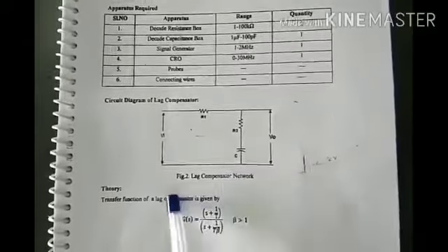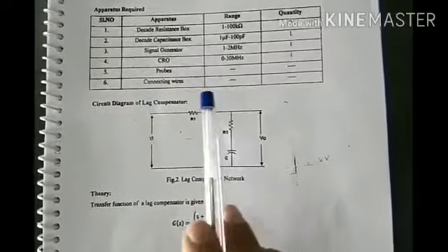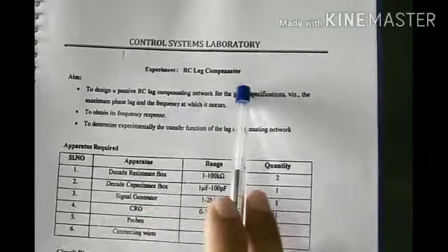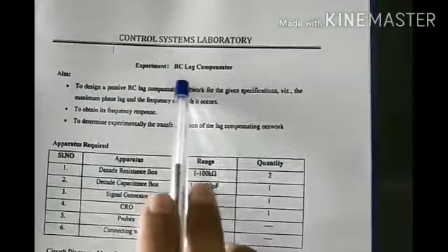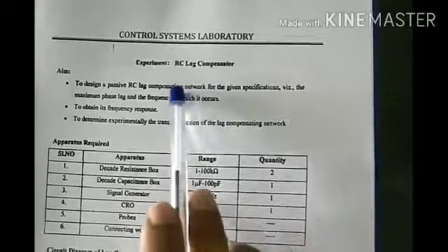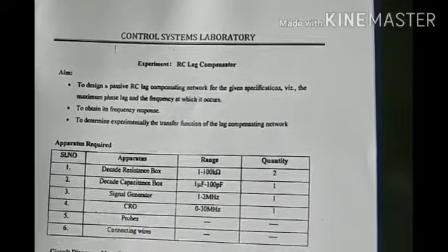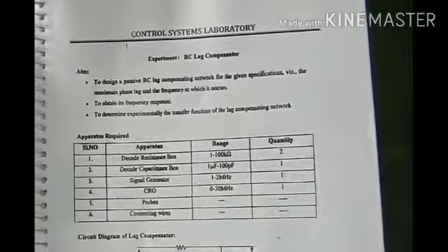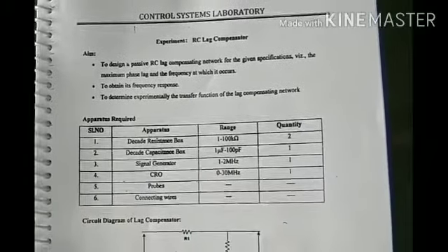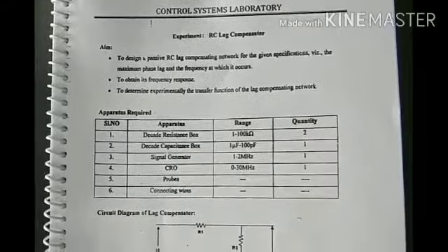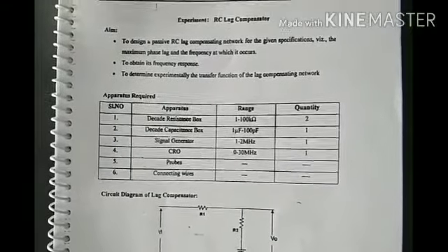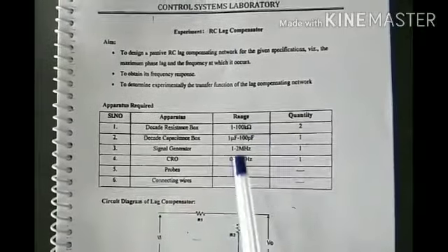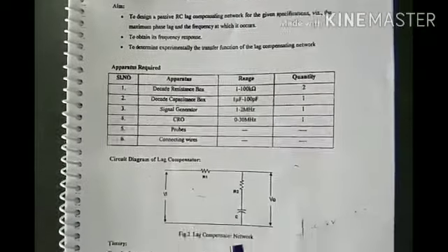So before going into the circuit diagram, let me just tell what is a lag compensator network or RC lag compensator network. RC lag compensator network consists of a circuit of resistance and capacitance. Right? It is called as lag compensator because the output lags the input by some angle. Therefore, it is called as the RC lag compensator network. In the previous experiment, we have studied in detail what is compensation, right? What is lead, what is lag. Okay. So here RC lag compensator network means the output will lag the input by some angle.